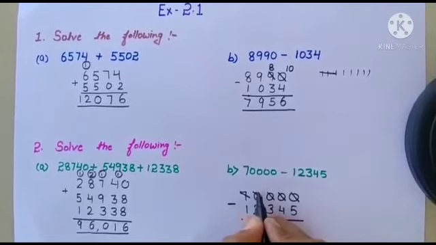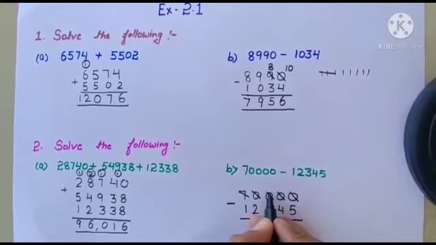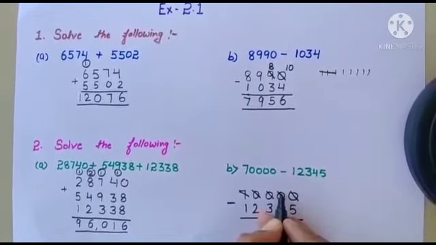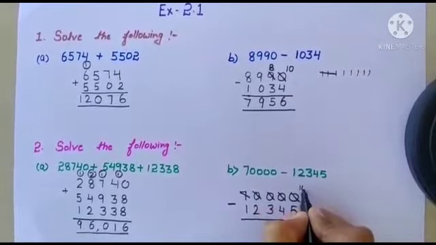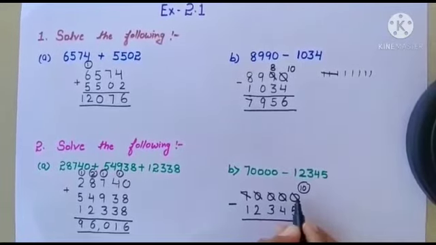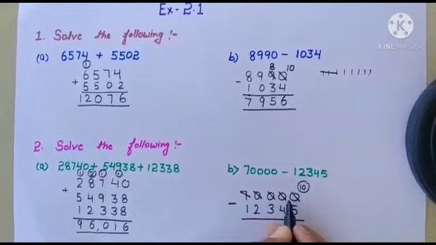How will it come? Like this, one has given to this, 10. After that the next has taken 0. It will become 10. Then the next will take. This will become 10. Next will take. This will become 10. So the last number will be 10. After that all have given to their neighbor number.